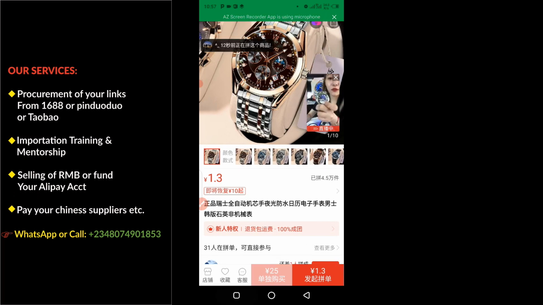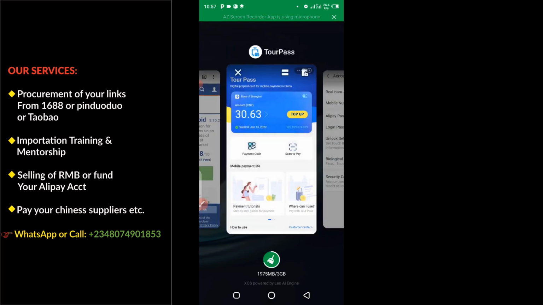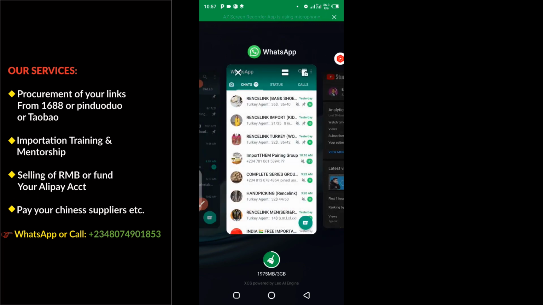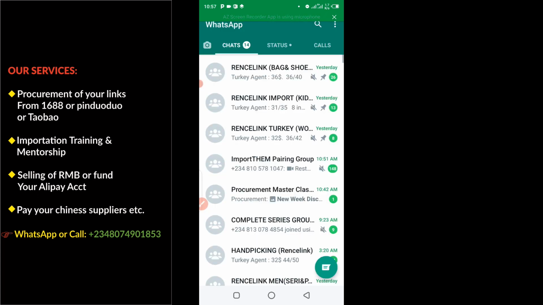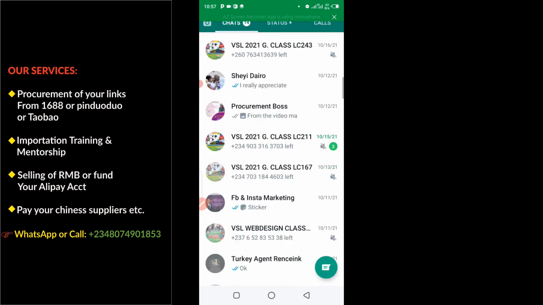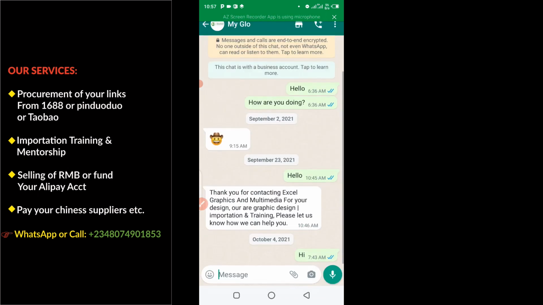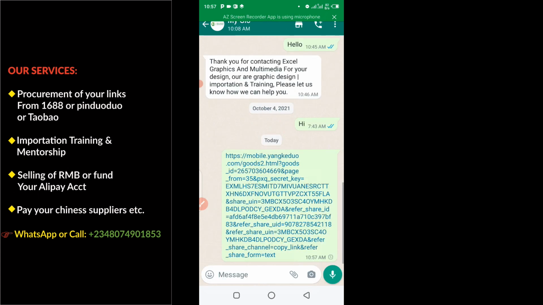So I can now go to my WhatsApp and paste the link there. You can click and hold down, then paste. Boom. Now for you to confirm if this product link is actually what you copied from Pinduoduo, all you have to do